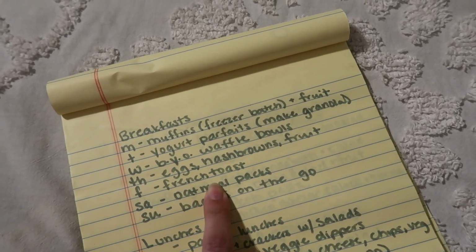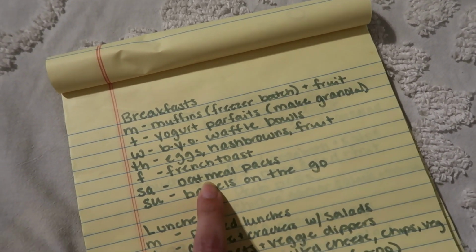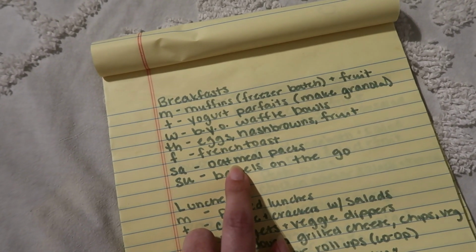Friday is French toast with that artisanal bread. Saturday is my cleaning day, so I like to have something really easy for the kids for breakfast on Saturdays, and so we're just gonna do, again,